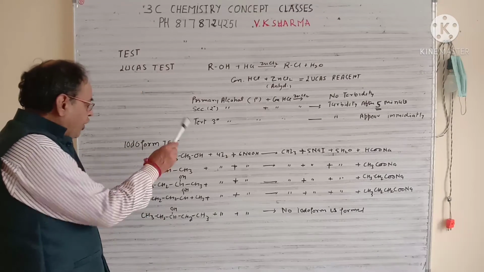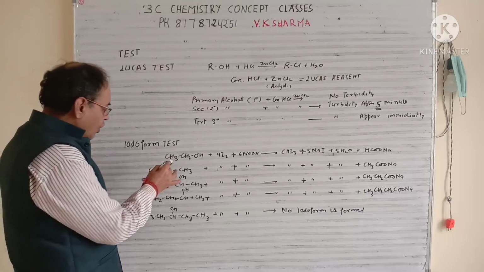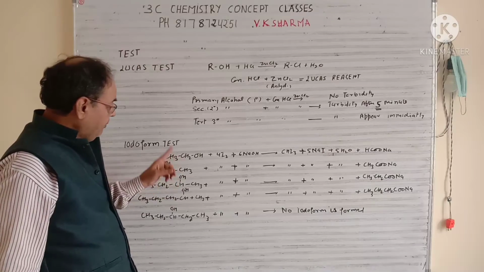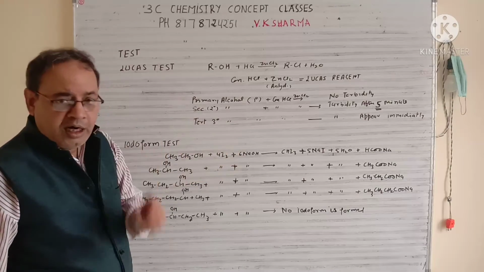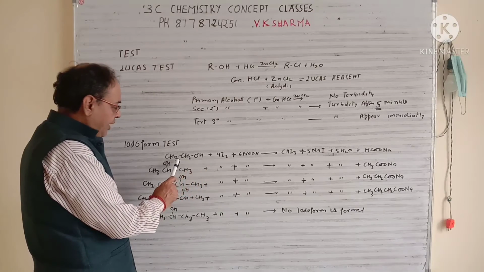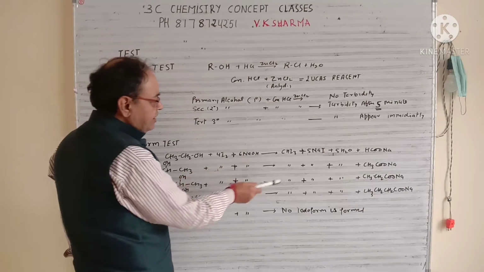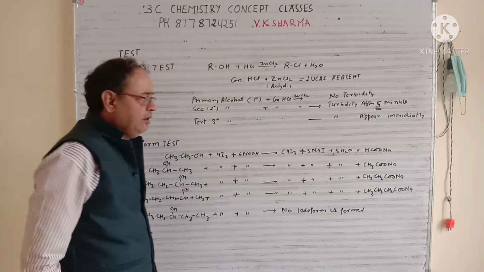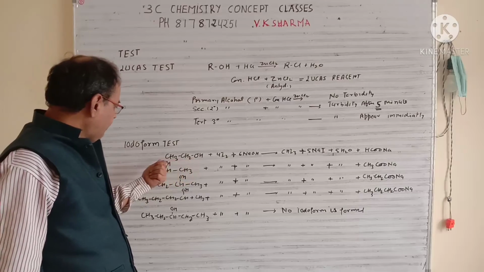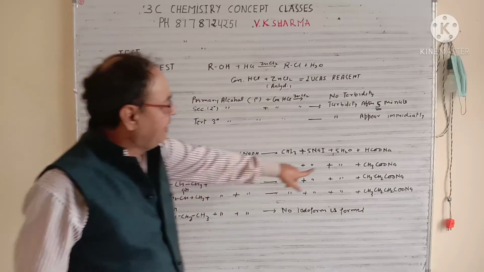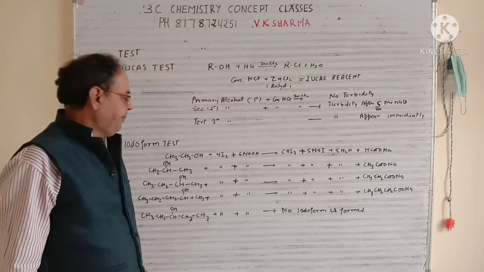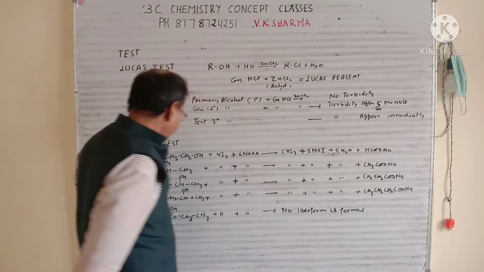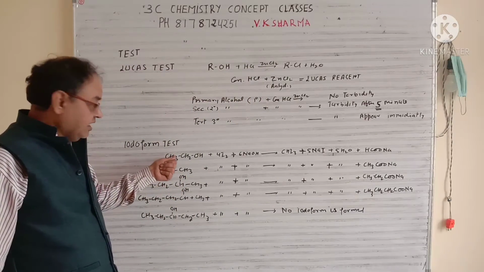Next is the iodoform test. In the iodoform test, only ethyl alcohol is an exception among primary alcohols. So among primary alcohols, only ethyl alcohol gives the iodoform test. The reaction is constant. When you take ethyl alcohol with 4I2 plus 6NaOH, that gives you iodoform, 5NaI, 5H2O and the sodium salt. Whatever the number of carbons you have, make it one carbon less sodium salt. So here there are two carbons, so it will give you one carbon less, meaning HCOONa. Now this is for primary.